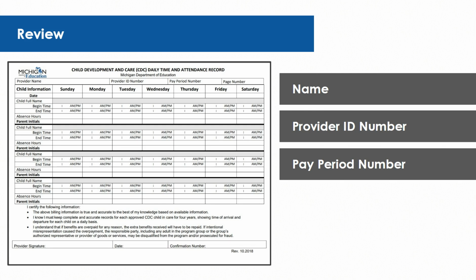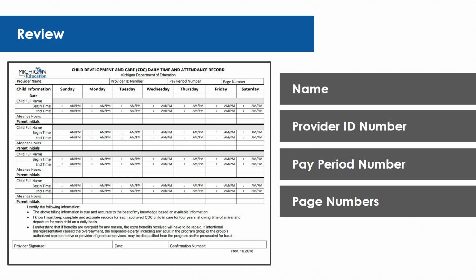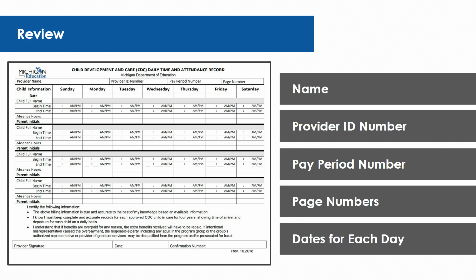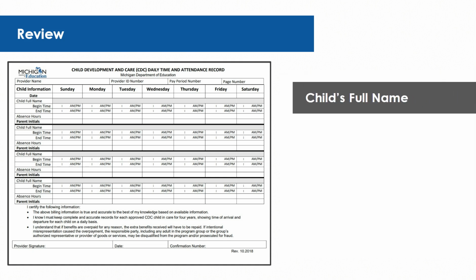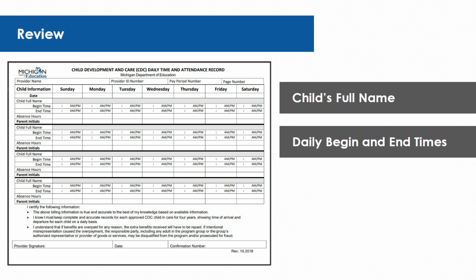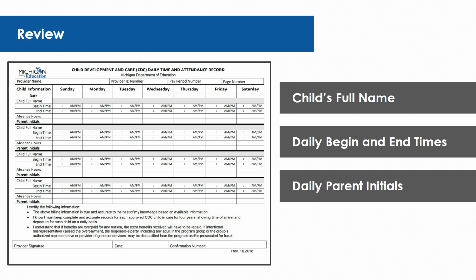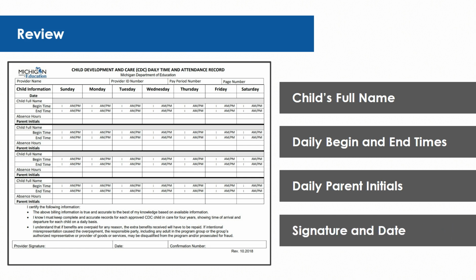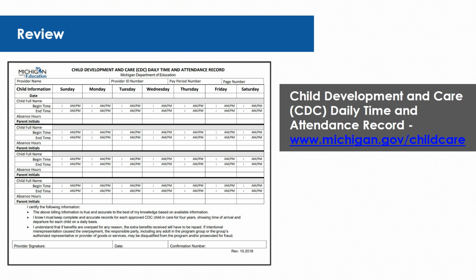pay period number, page numbers to keep your time and attendance records in order, the dates for each day of the pay period, the full name of each child in your care, the daily begin and end times of care for each child, daily parent initials for each of the children, and you should sign and date your time and attendance records. Copies of the Child Development and Care CDC Daily Time and Attendance Record can be found on our